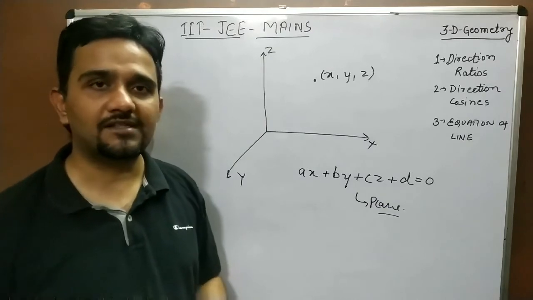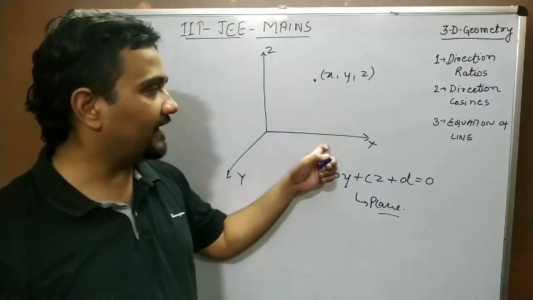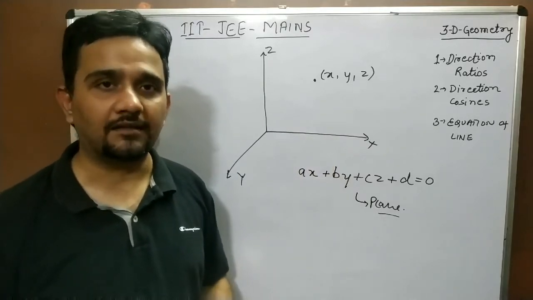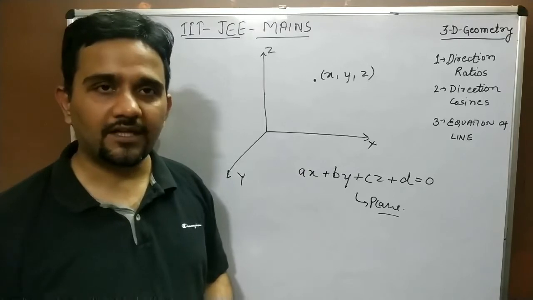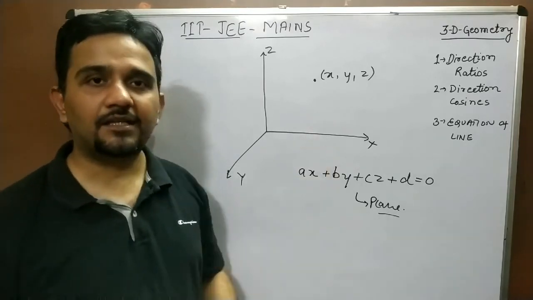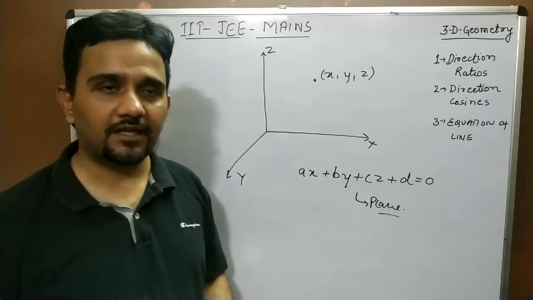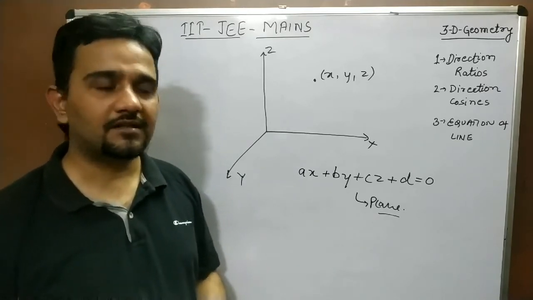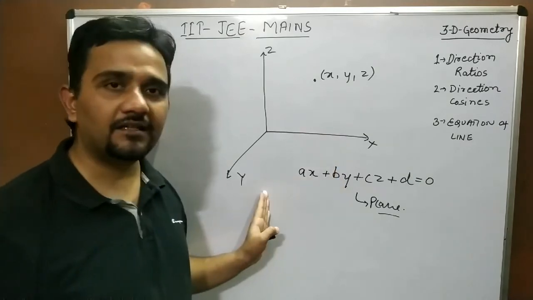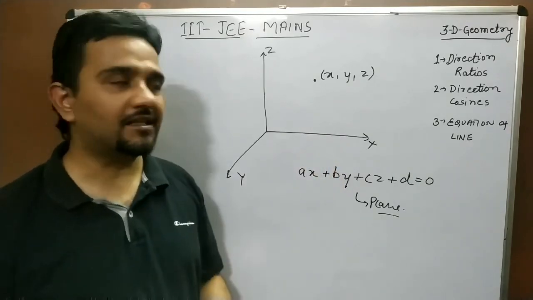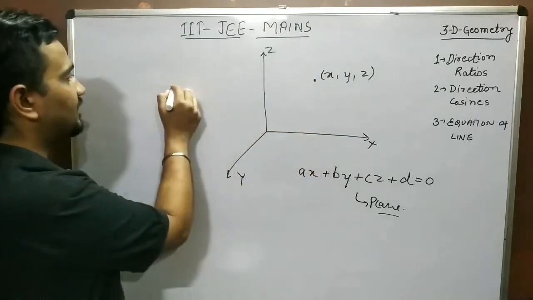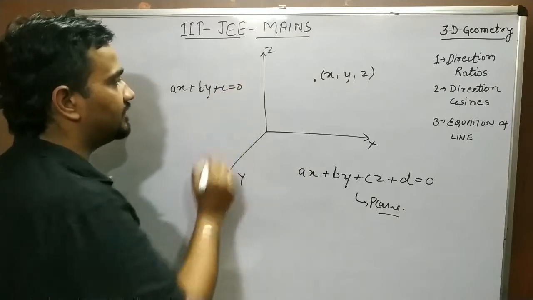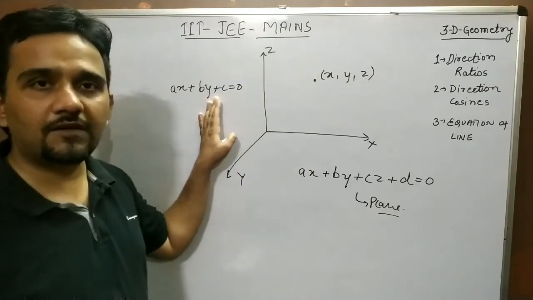Likewise, if we only take the x-axis, only one axis is taken at a time, like in the number line, the basic equation represents a point. When we come into the two-axes system, the 2D system, where only x and y are there, the basic equation is ax plus by plus c equal to 0. This is the equation of a line.